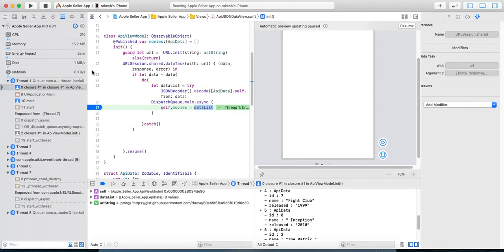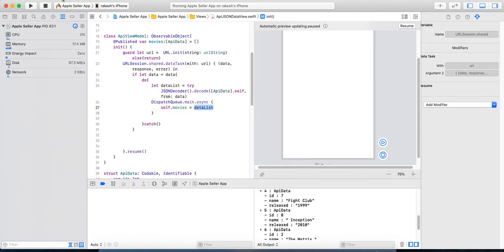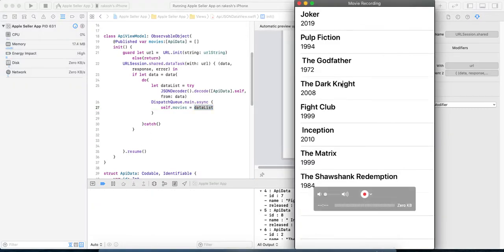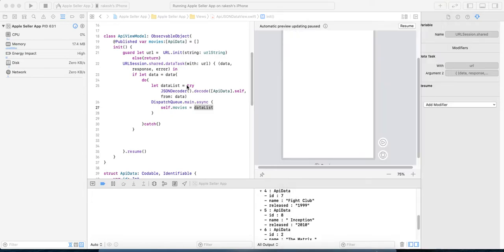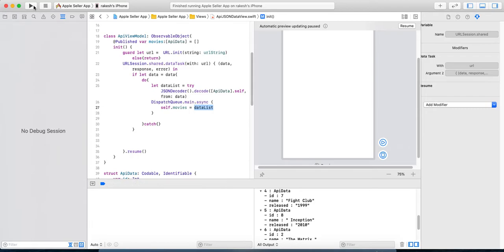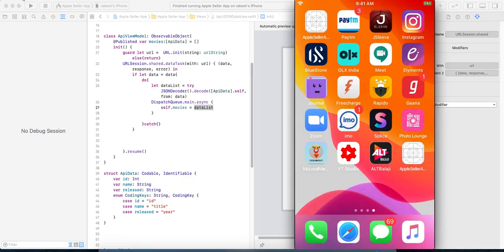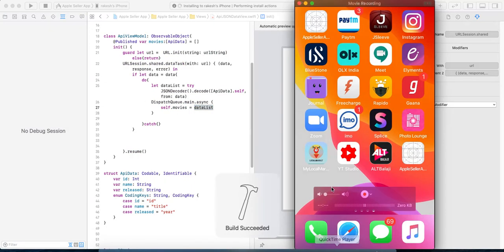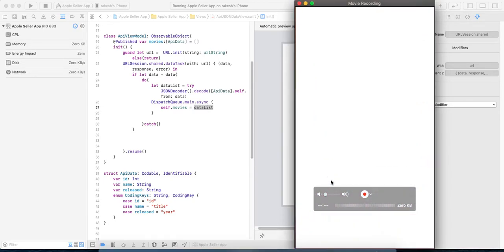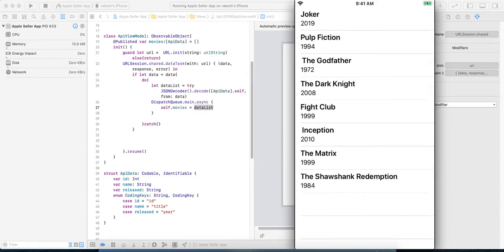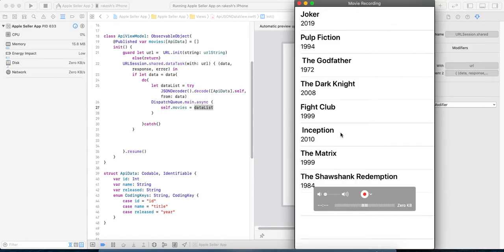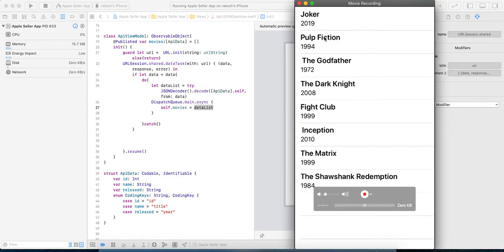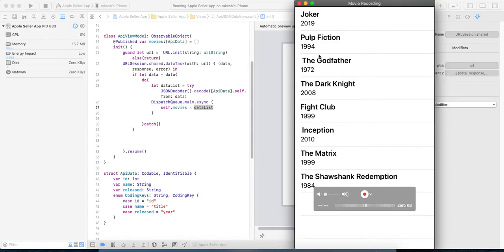You will see Joker, Pulp Fiction. Now you will see there are movies and the year of the movies.